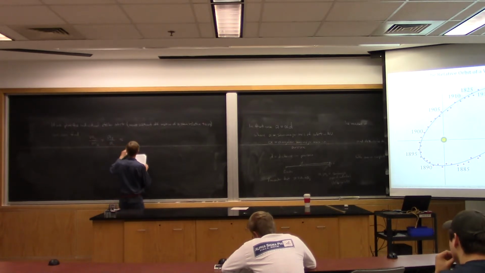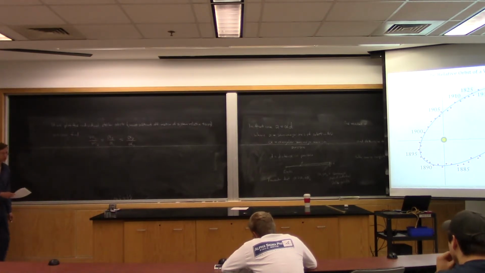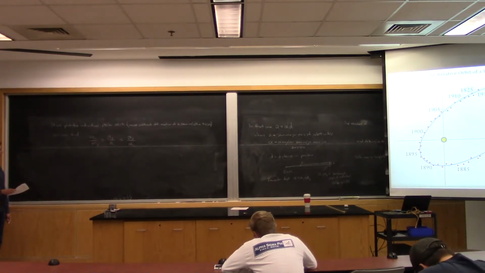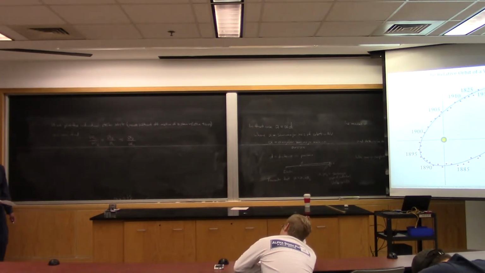But that'll be alpha 2 over alpha 1. In other words, we don't actually have to know the number of AU for A2 and A1 for this. We just need to know the number of arc seconds because both of them have that same factor of D